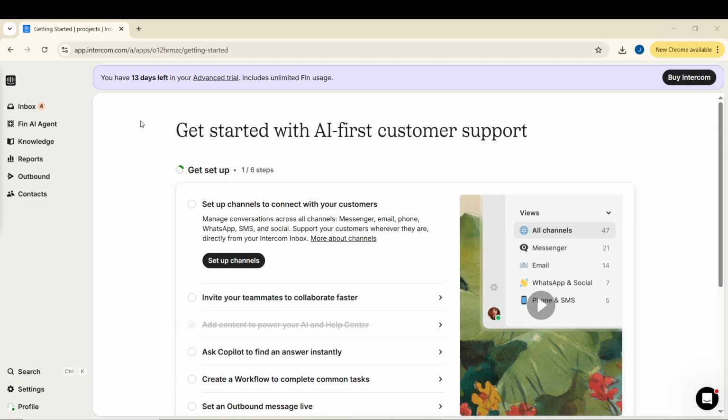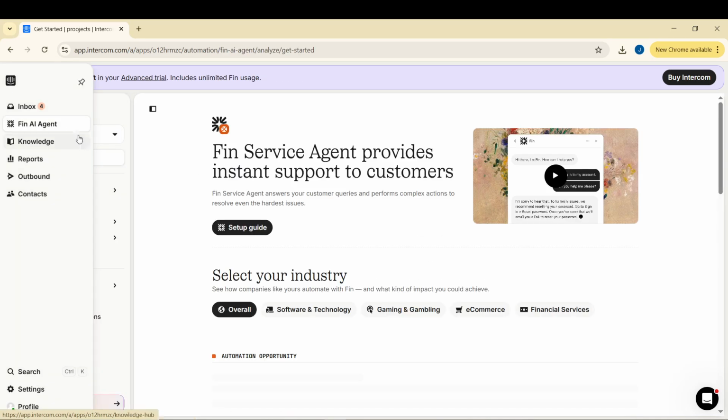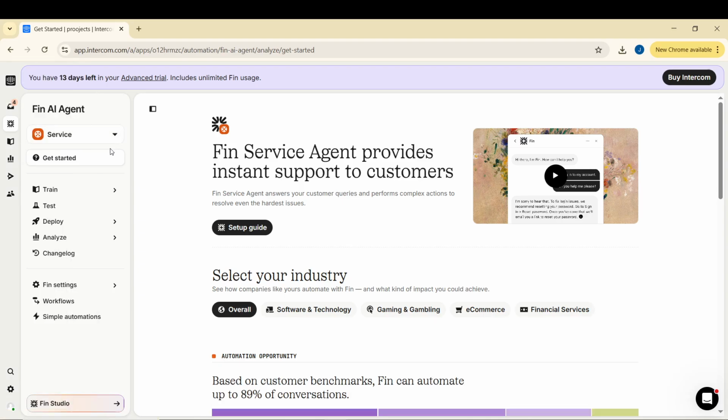In today's video, I'm going to teach you how to build Intercom Chatbot. To begin, open your Intercom workspace and look at the left navigation panel. Find and click Fin AI Agent. This is where you manage automation powered by Fin, including the workflows that guide conversations from the moment a customer